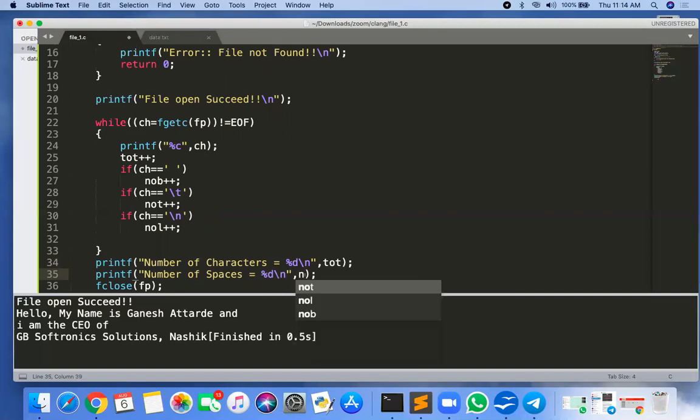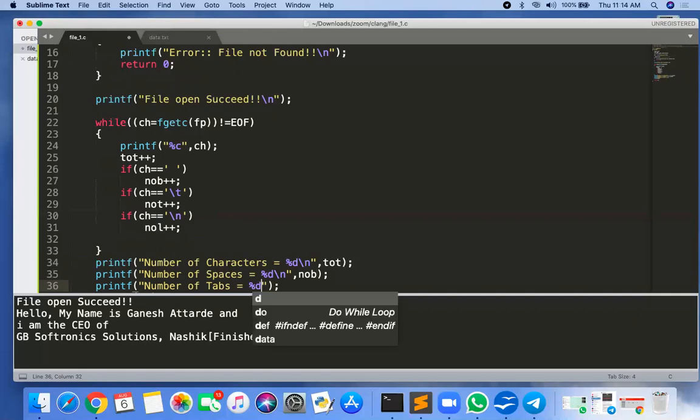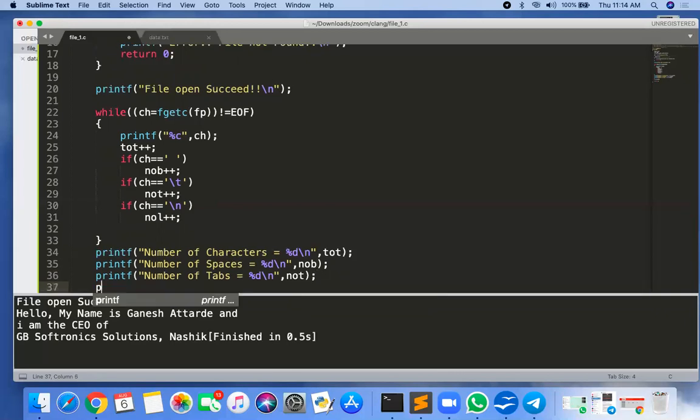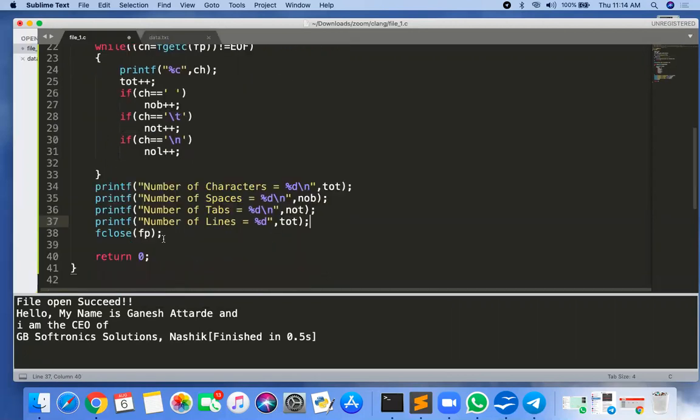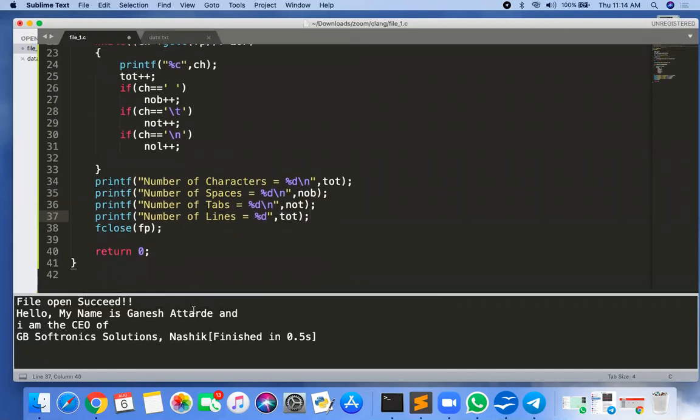NOB, and then printf tab count, number of tabs is equal to %d slash n comma NOT, and then the last one is I think lines, number of lines is equal to %d comma, for this NOL, yes, NOL.